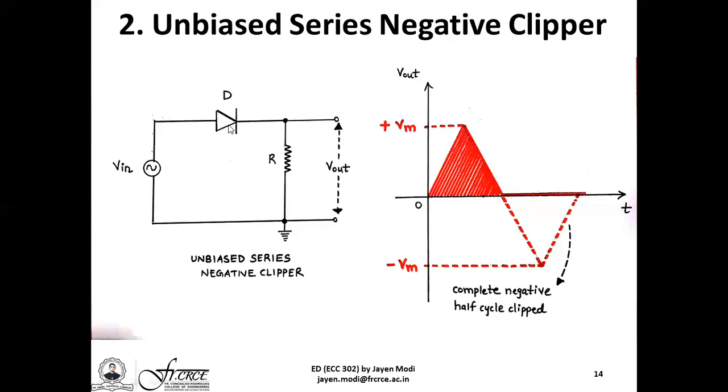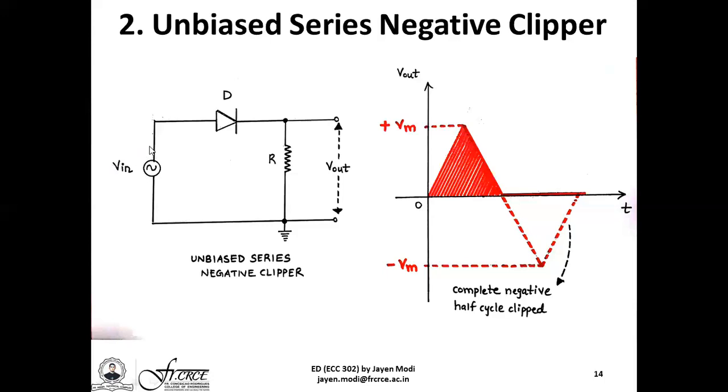Due to this, the diode conducts, it turns on, and it effectively acts like a short circuit, transferring the positive half cycle from the input exactly towards the output. So from the output side, what you get is the entire positive half cycle, obtained in the same way. Whereas when the AC input signal now becomes negative, the topmost part becomes minus, the bottommost part becomes plus.